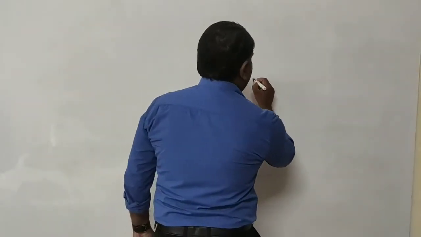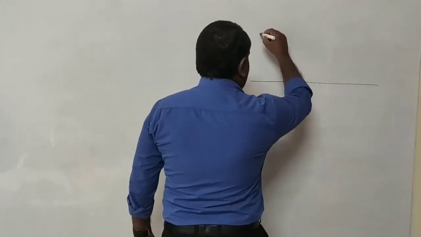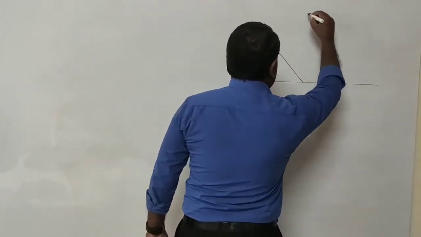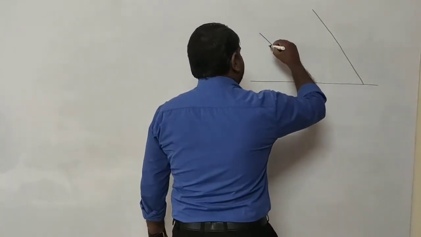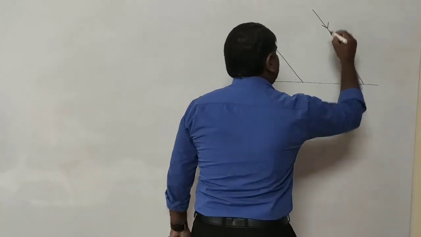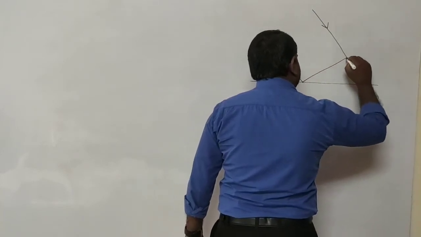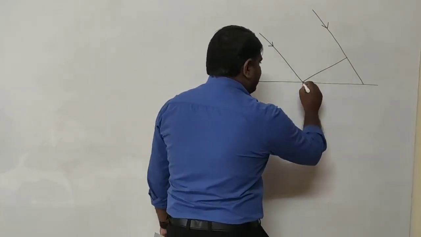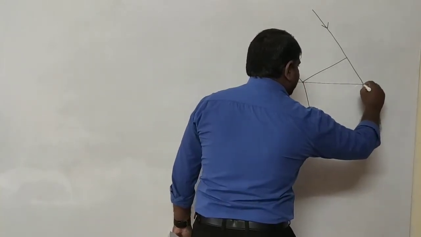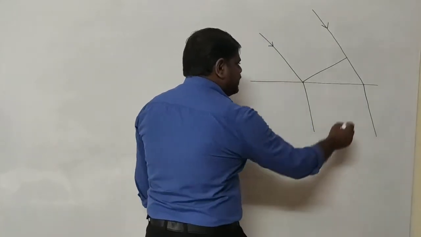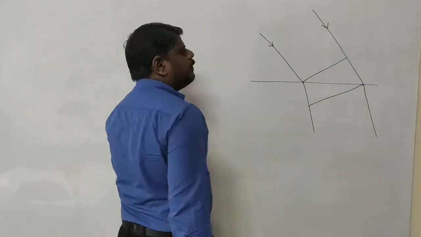Let us say that this is the interface, and a parallel ray of light is going to be incident like this, in this direction. If I find out the path difference, then a perpendicular line is drawn here. After that, the rays refract inside, and you want to find out the path difference here. Again, one more perpendicular line you have to draw here.